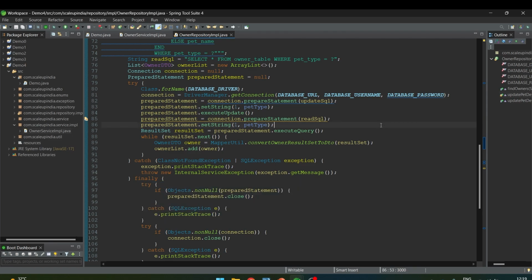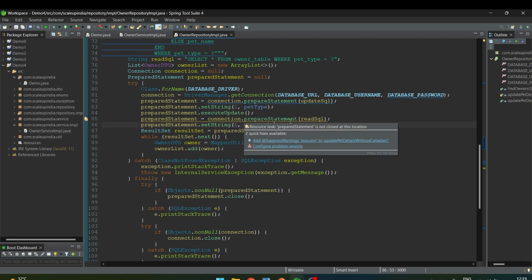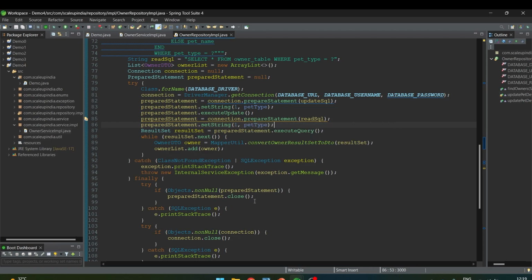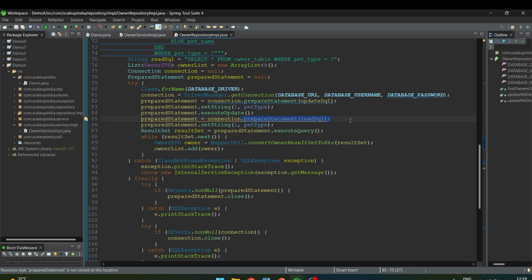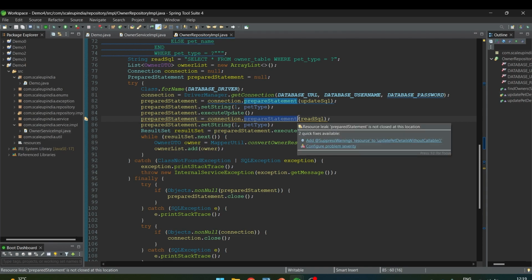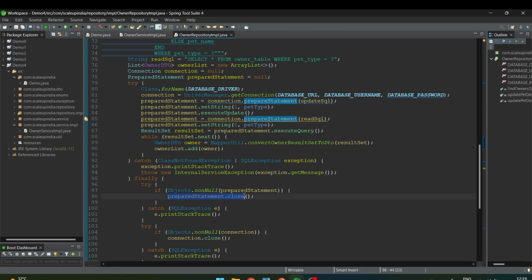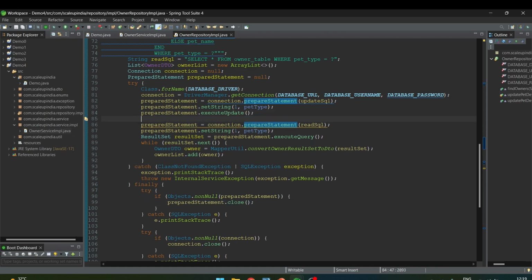But the problem is that here it is showing a yellow warning. It says that there are still chances of resource leakage. It says that this prepared statement is not closed. But you say that no, we are closing the prepared statement here. So let's try to understand. The control initially came here and we set that particular string. Then we made the execute update. Now before we start it again, we need to close the previous resource. So that is the trick here: before you use this resource again, you should be closing it. So what we need to do is copy this statement and paste it here,